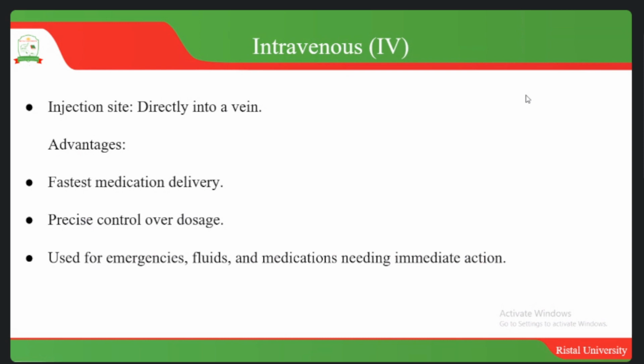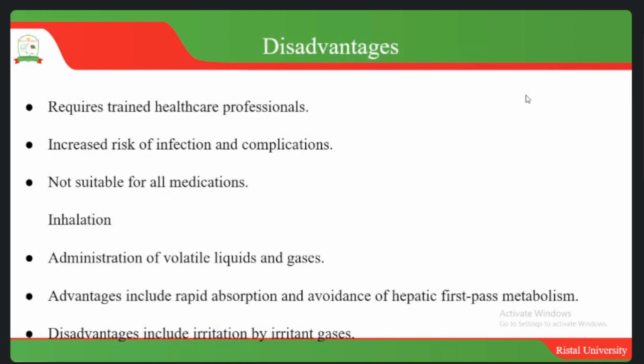And the precise control over dose, you can also try to control the overdose. Then it's used for emergencies, fluids, and medications needing immediate action. So when you need to actually handle an emergency, then the intravenous route of drug administration is preferably better than the rest. But it also has its own disadvantages in relation to how we give our patients and also the action